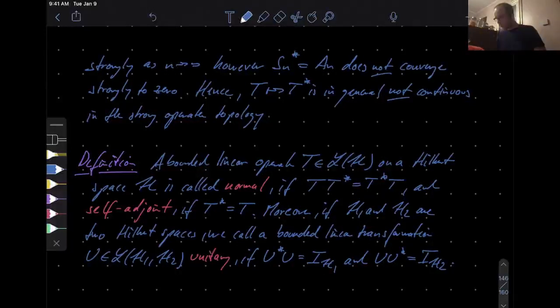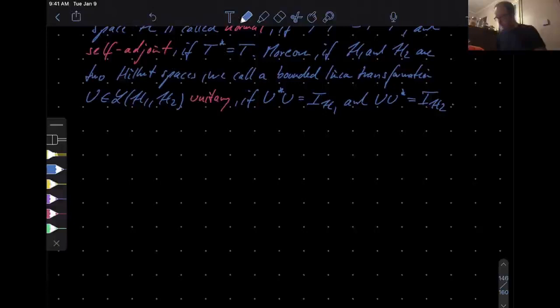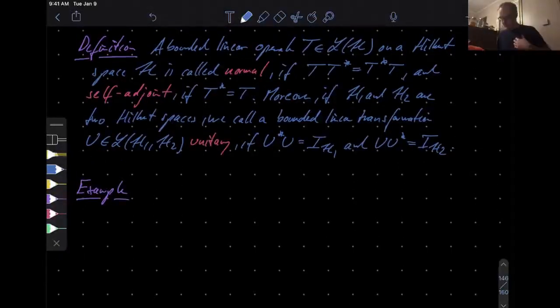Okay, good. Let's do some example here before we develop theory. So example, having normal, self-adjoint and unitary operators, this really is a good thing to have, but in turn it means that these operators have to have some built-in symmetries, which is great when you have it, but it's I would say more the exception than the norm. So okay. Anyways, let